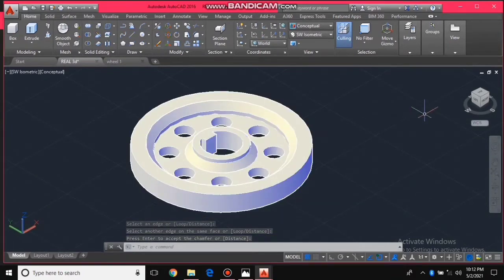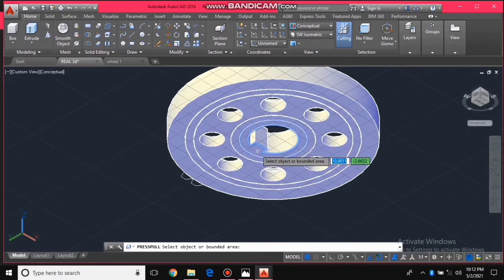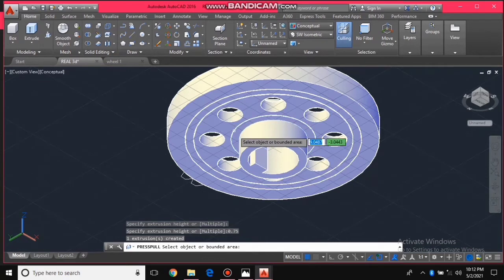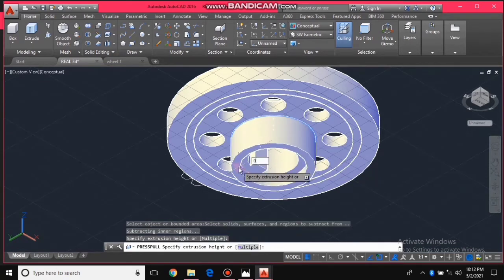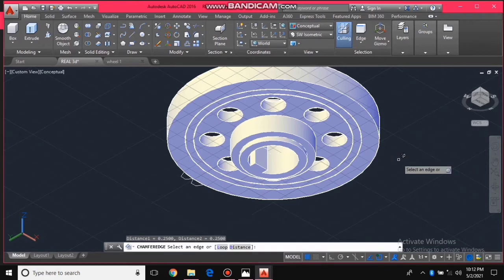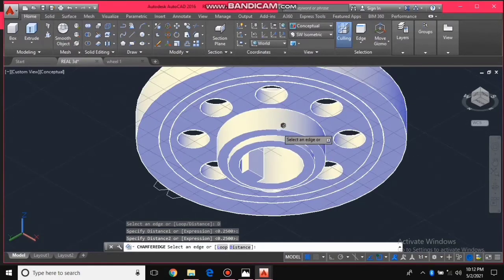Then after that, let's rotate. So again, press pull this part 0.75, and this part 0.60. Then after that, type again chamfer edge. Then distance is 0.25, then 0.25 again. Then click this part,